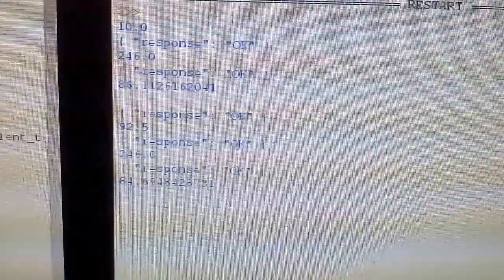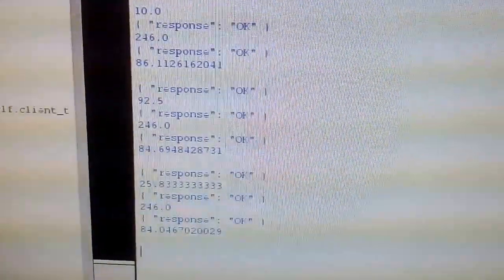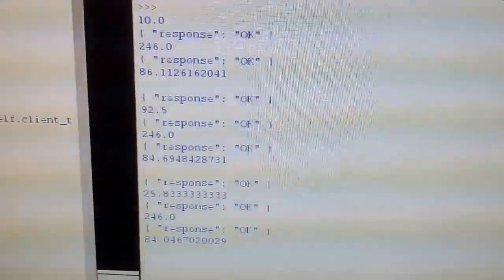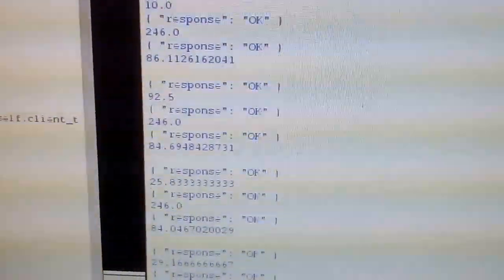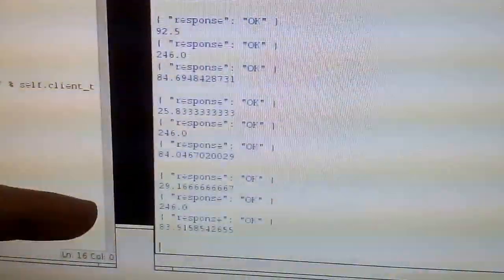Initially, you can see in the desktop that all the three values, that is the value of the accelerometer, the temperature, as well as the intensity of the light, are being sent into the cloud. And whenever there is a problem with any of the three values, like if it goes beyond the range, then we will get an email notification. For example, initially you can see that there's no problem with the light.